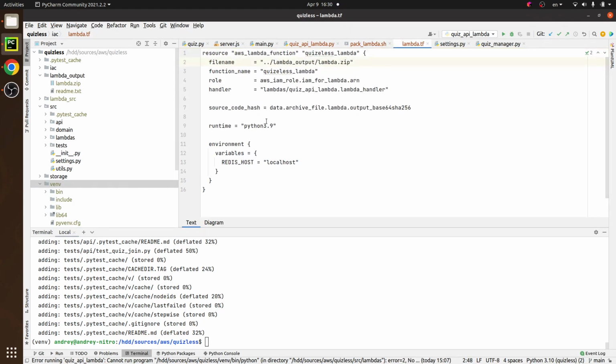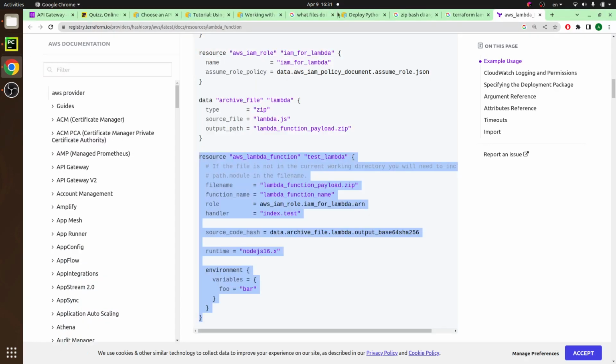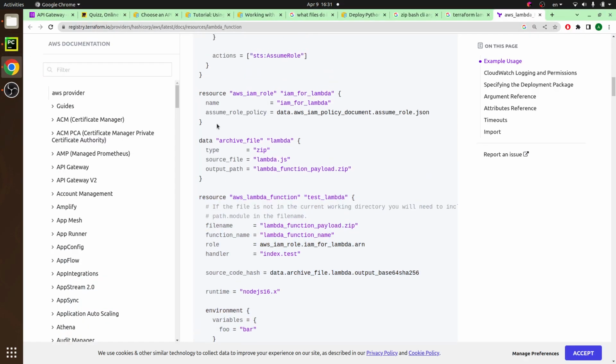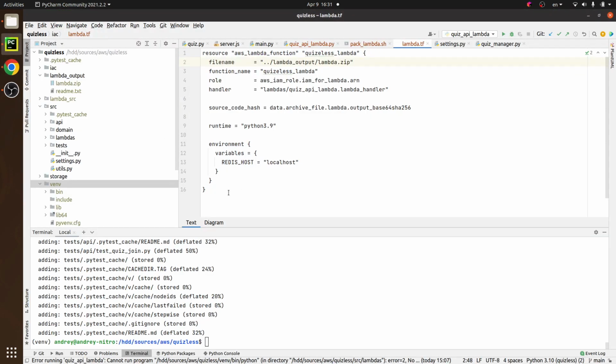this might be it, but again, my Lambda definitely needs at the very least access to the S3 storage. And for accessing the S3 storage, I might need special permissions or maybe a special role. And this Lambda IAM role should allow my Lambda access to at least one bucket that contains the quizzes data. And this role I should assign, I already have the example here. I should assign to my Lambda